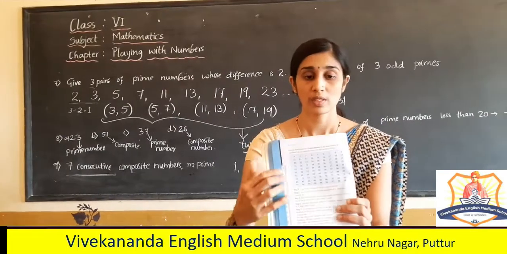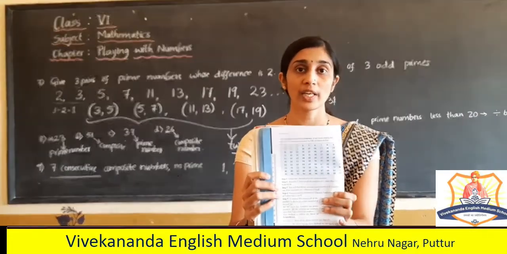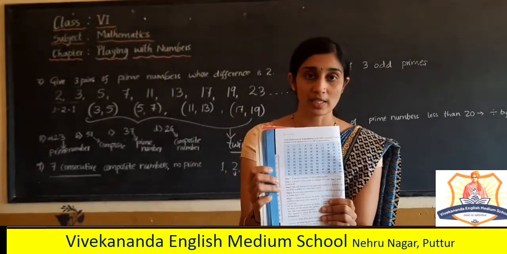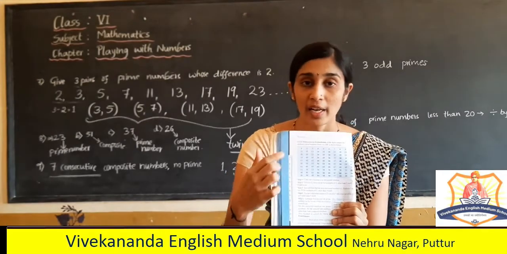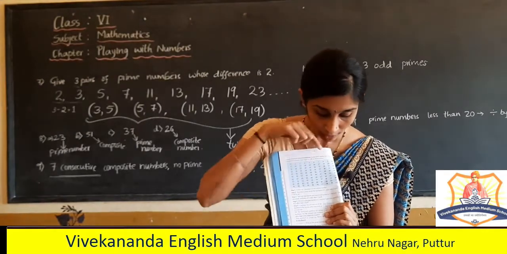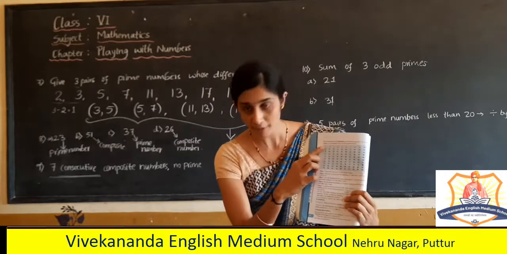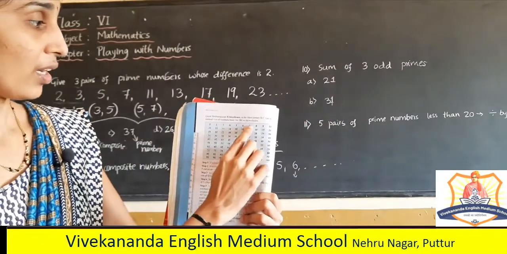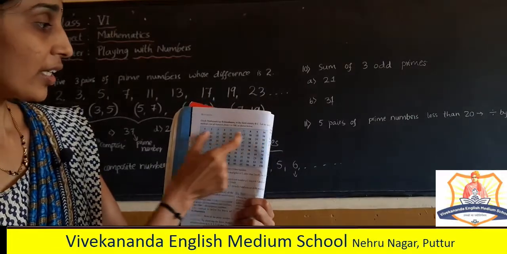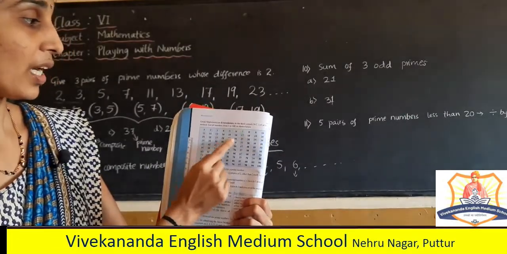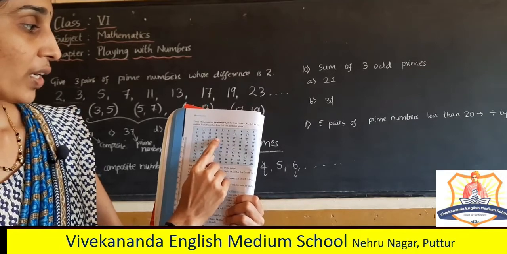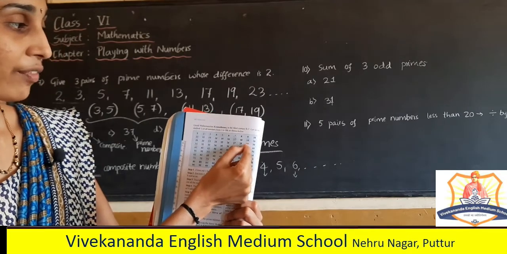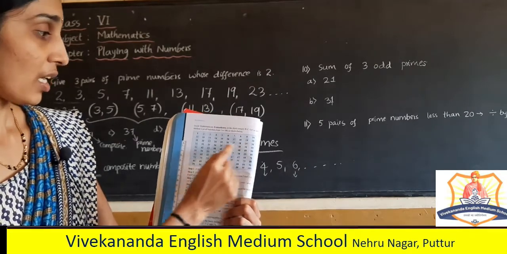See this table. It is already given, and we have already discussed this in our previous classes, right? If I consider 7 composite numbers from the beginning, I cannot find 7 continuous composite numbers. Here, 24, 25, and so on, only 5 numbers, but in between we will get a prime. So this also cannot.